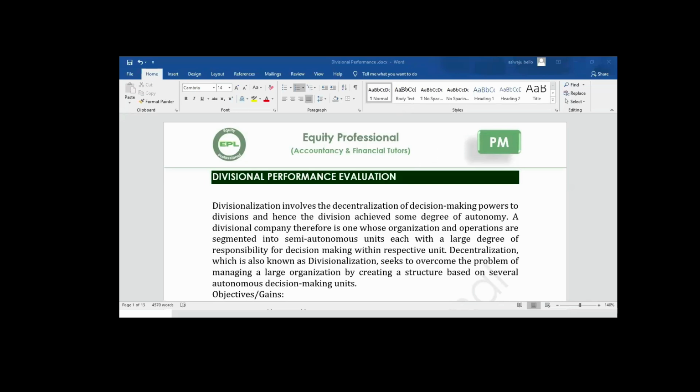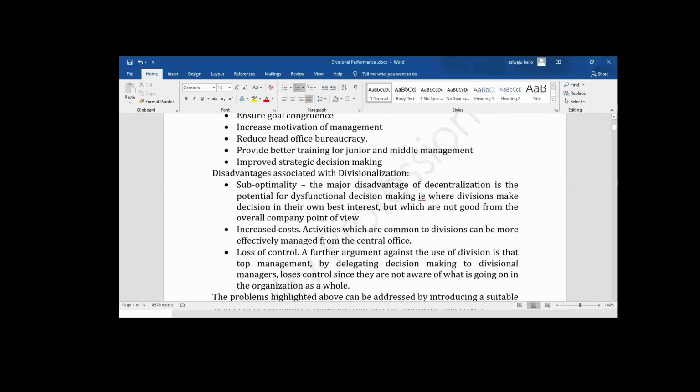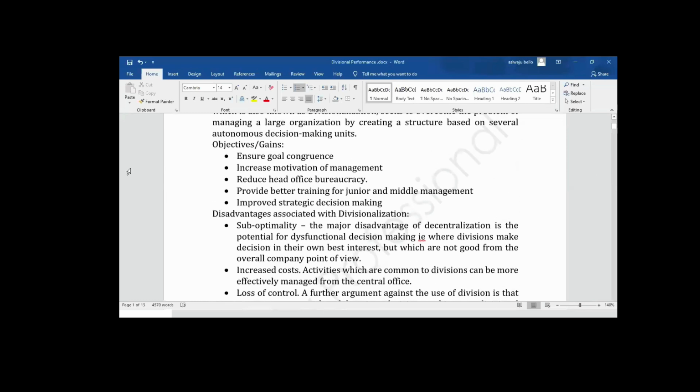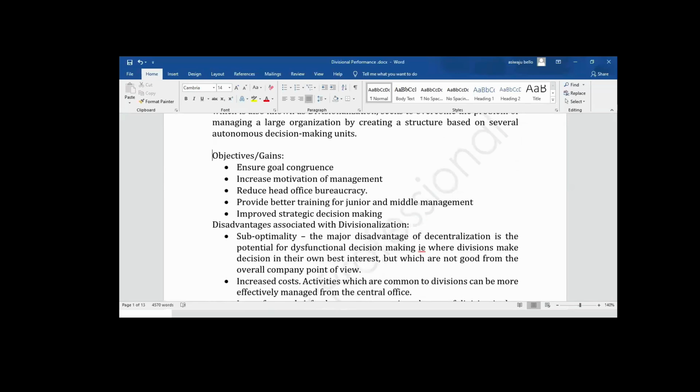What are the benefits of divisional structure? Or what are the gains of divisional structure? One is to ensure goal congruence, to increase motivation of management, to reduce